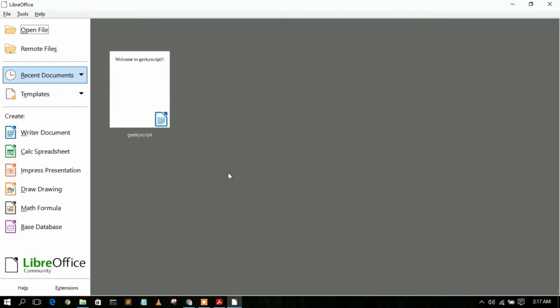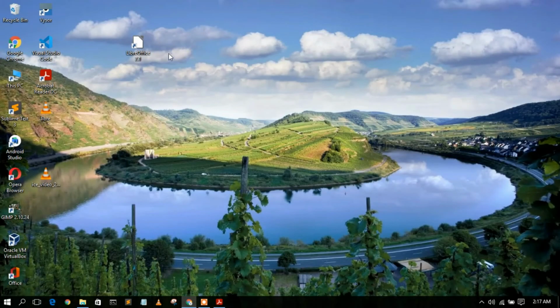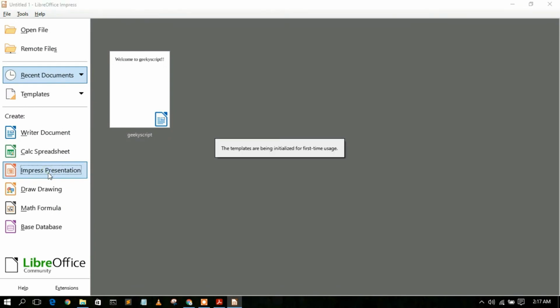Similarly, you can also use the spreadsheet. So this is basically the interface of our Calc sheet. It's pretty much the same as what we used to use in MS Excel. And talking about the presentation, it's also pretty much the same. So if you just open that,